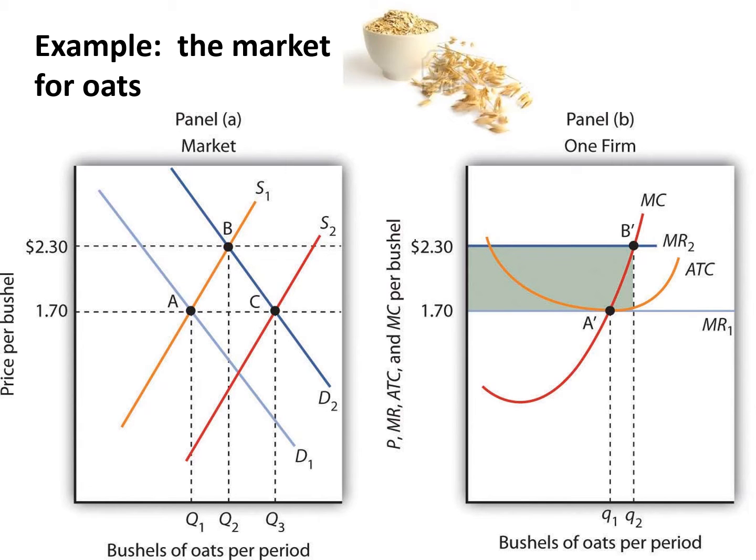Okay, so let's think about this in the example of the market for oats. Again, this is a pretty homogeneous product. One producer of oats is producing a very similar product to another producer of oats. If there were an increase in demand for oats, this would be represented by this shift in the demand